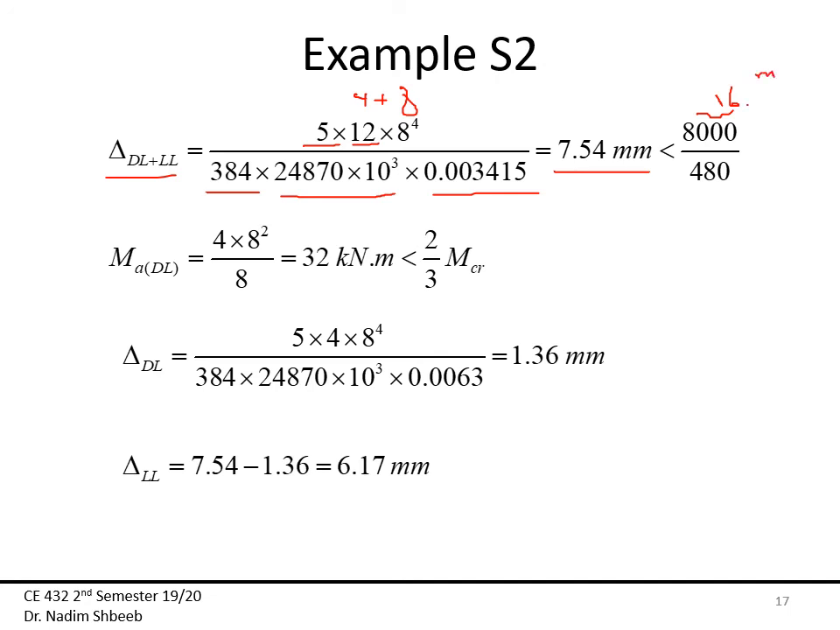Okay. Now again, this is total deflection. I only want the deflection due to the live load. So now I calculate the maximum moment due to dead load only, and that's equal to 4 times 8 squared over 8, and that's 30 kilonewton meter. Now that's less than 2/3 of the cracking moment. Then at that point I can just simply use I gross in the deflection equation, which I did over here. So now the deflection due to dead load is 5 times 4 times 8 to the 4th divided by 384 times E and I, and this is 1.36 millimeters. So the answer would be that deflection due to live load is equal to